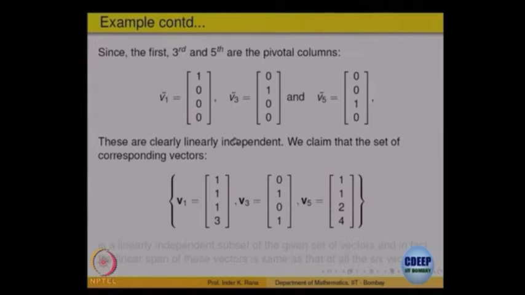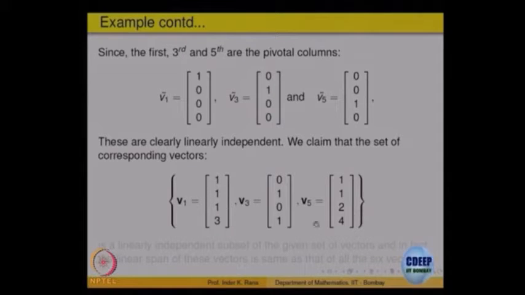So here is V1 tilde, this is for the reduced form, these are pivotal columns in actual reduced form. The original ones will be from V1 tilde corresponding V1, V3 and V5, these are the original ones we pick up. Clear? Reduced row echelon form or row echelon form, look at the pivotal columns, corresponding columns from A you pick up, the original ones.